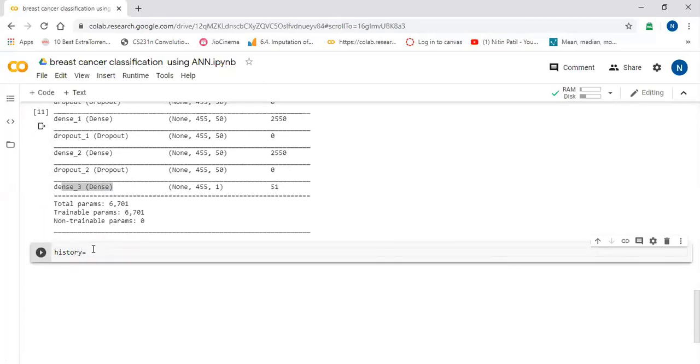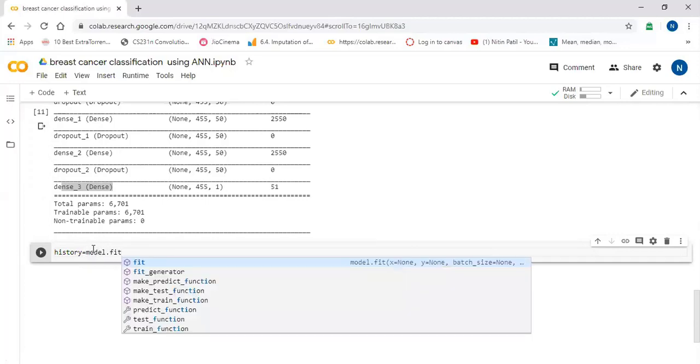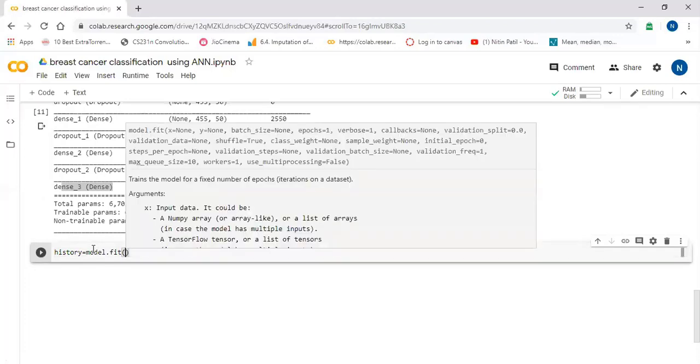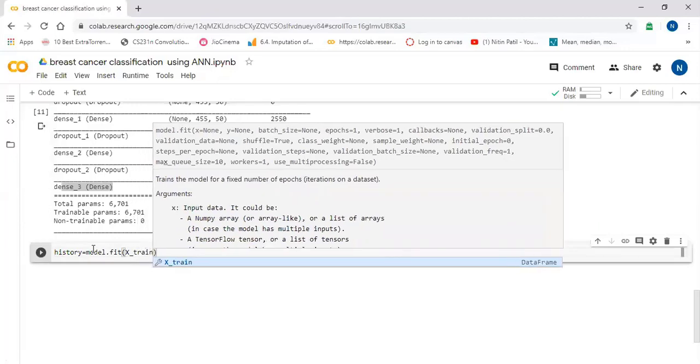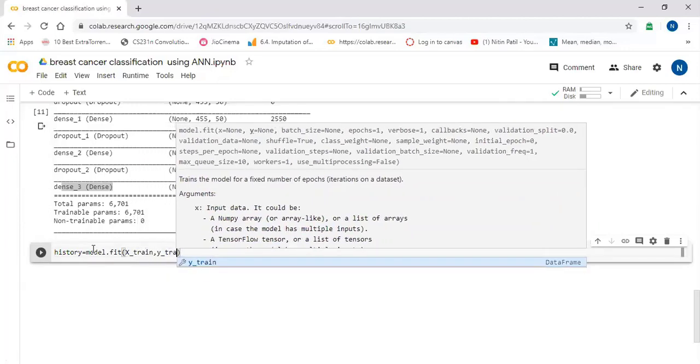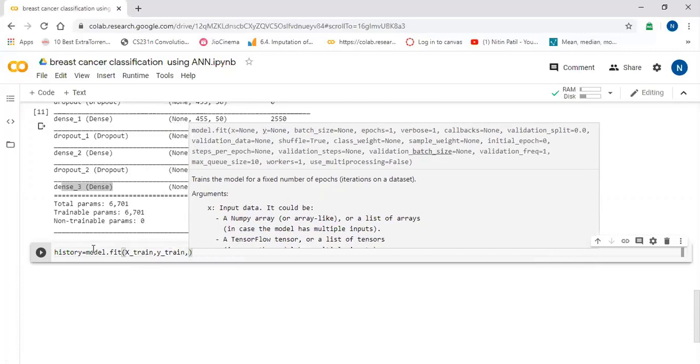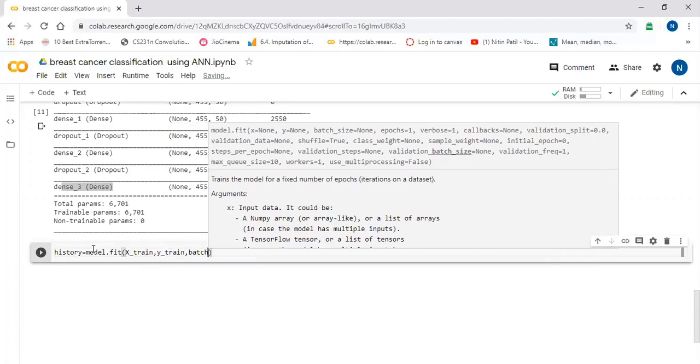I'm going to save the output in a history object. So model dot fit, the fit function takes x and y. So I'm going to pass x train comma y train, then batch size.